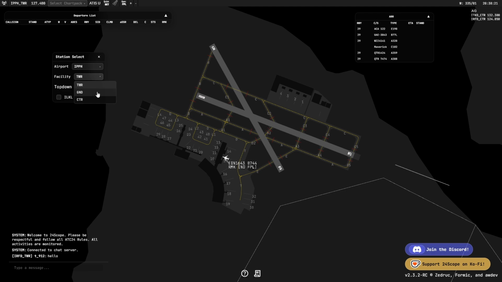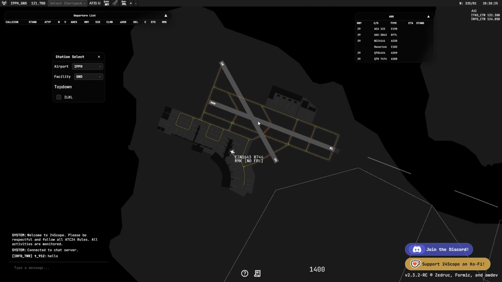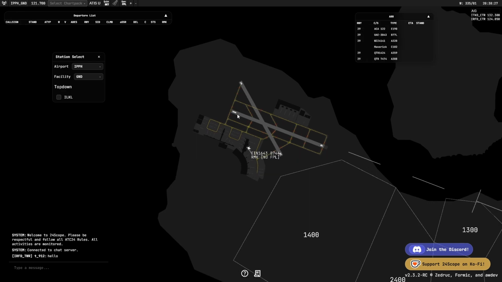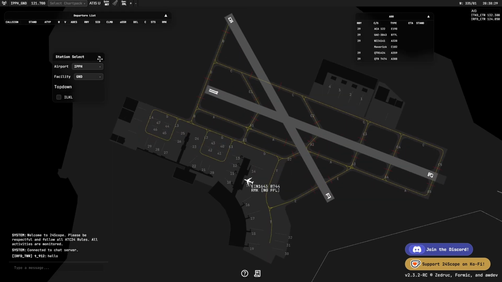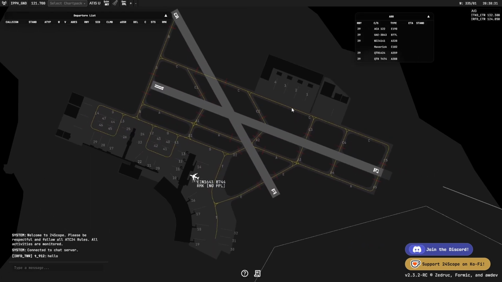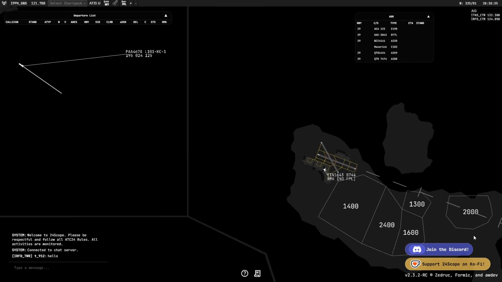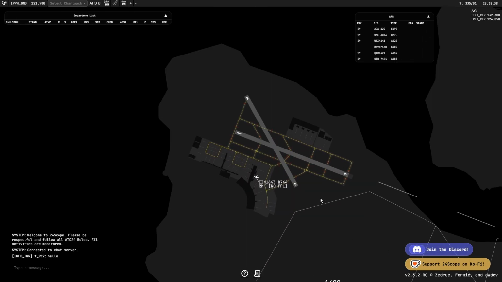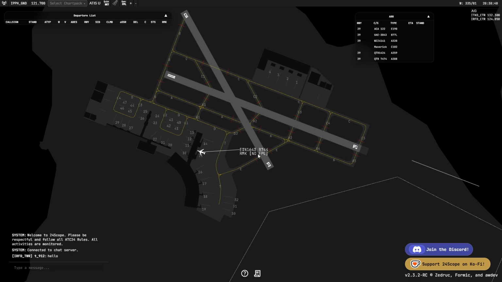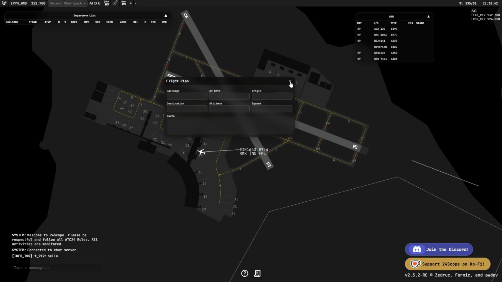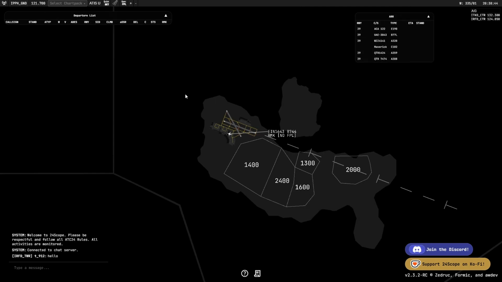You can pick your facility: ground, tower, and center. For example, I go to ground. If I zoom out a bit, you start to lose the taxiways. Zoom back in, and now you can see the taxiways again. Say I was on ground, I'd sit here and watch what's coming in. I can see planes come in, and I can see planes go out. Most of the time we will keep an eye on that. Again, if I were on an aircraft, Shift F, we can see the flight plan and have a chat with them. Zooming back out,